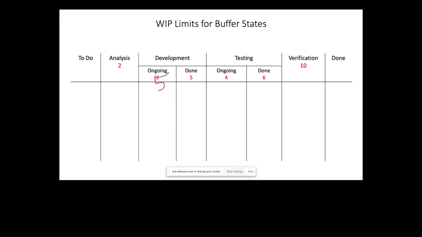You might try it for about 2 or 3 weeks, and you'll see, okay, is it actually working? Is the team ending up having instances where it goes beyond the WIP limit, or instances where the team is idling, where they have WIP limit room to take more work? So again, it's try something out, learn from it. Going back to my 6th principle, you learn something and then you improve.